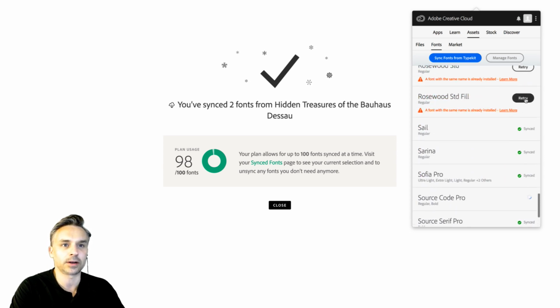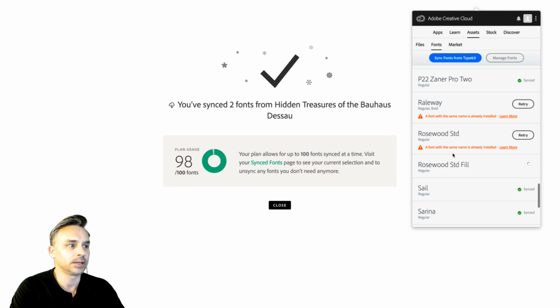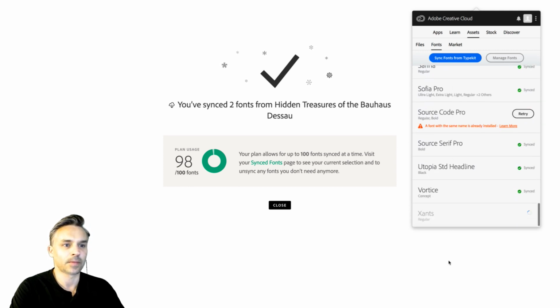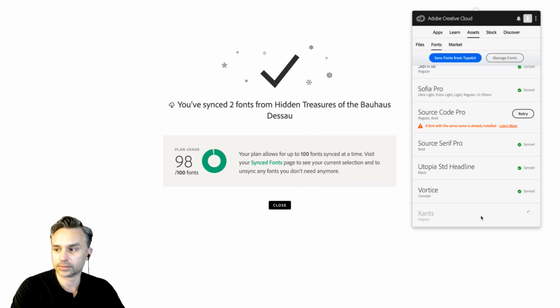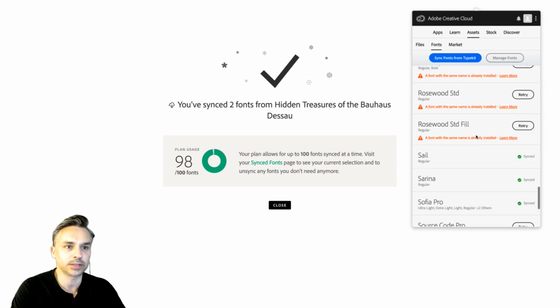I got some that need to be taken care of. So there it is. Here's Xanh being synced right now. Okay, Xanh is being synced just because I hit that button. I'm at 98 out of 100 fonts, so yes, you can only sync 100, so typically I have to manage those, essentially, is what's happening.